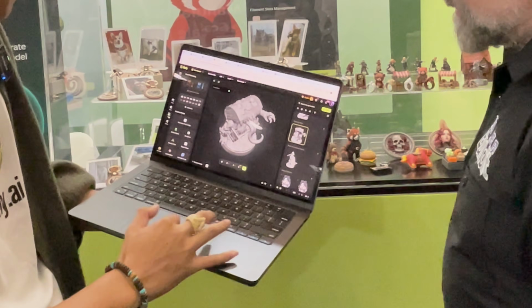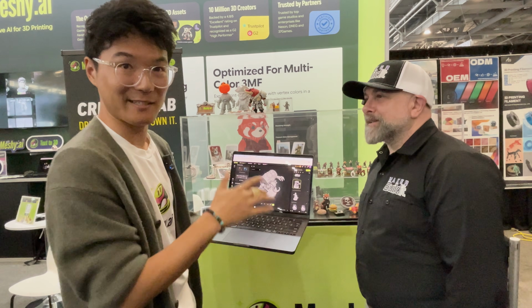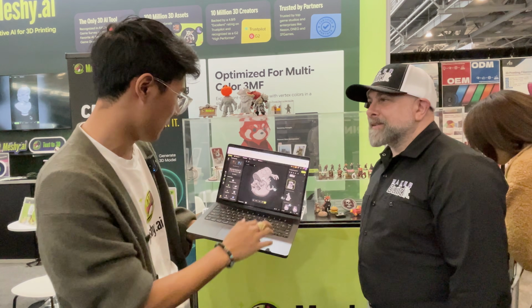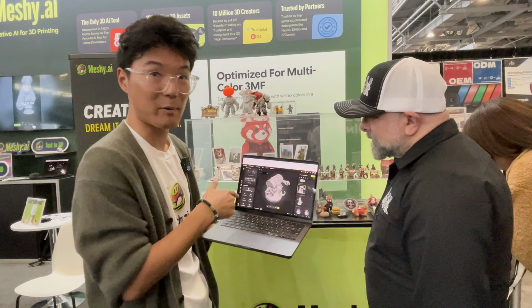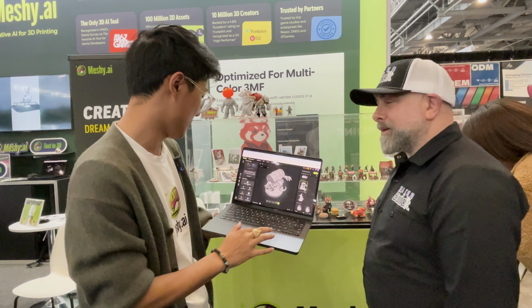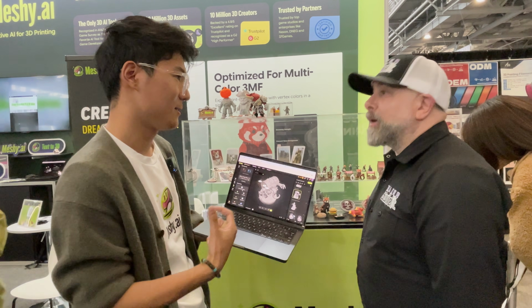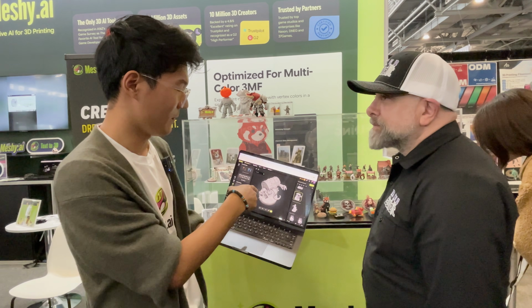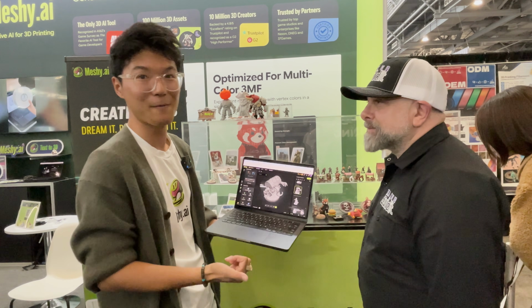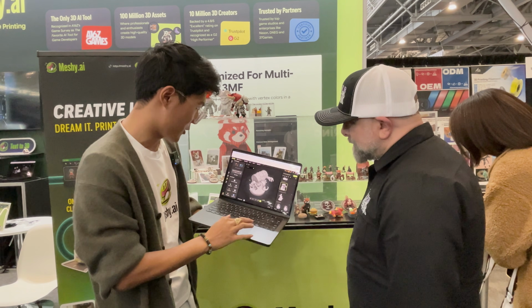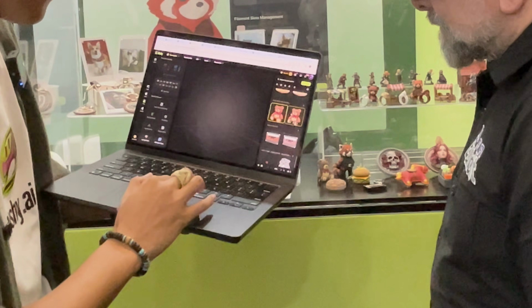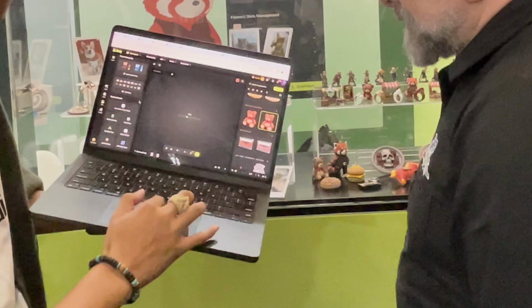And for 3D printing, Meshy has the ability to do the DCC bridge that can send your model into the slicers. Okay. And we also currently have a partnership with Formlabs to do print and ship. So for this model, you give it to them and they print and ship it to you. Okay. And we also have an add base. Well, for sure this one has the base. For this teddy bear, we have